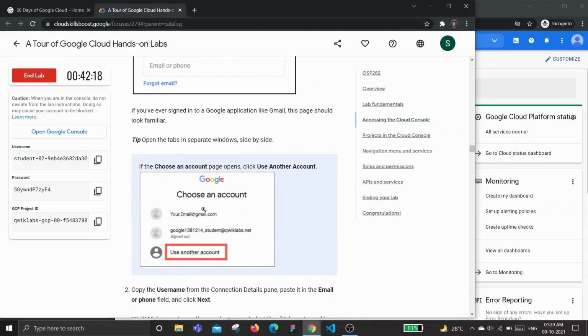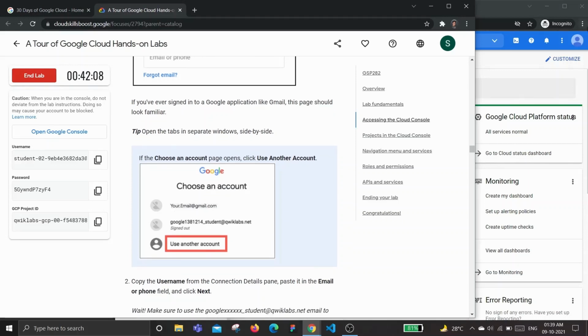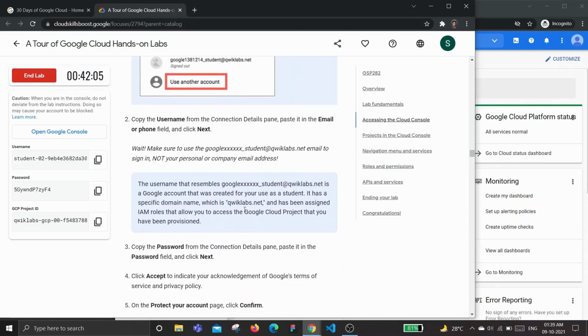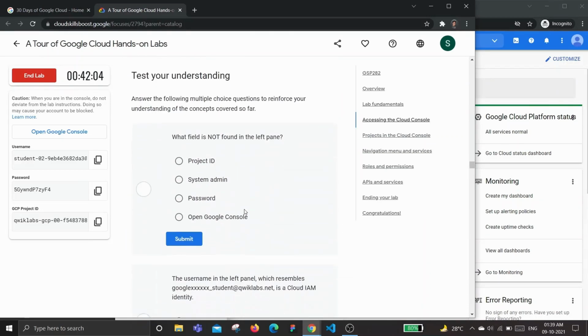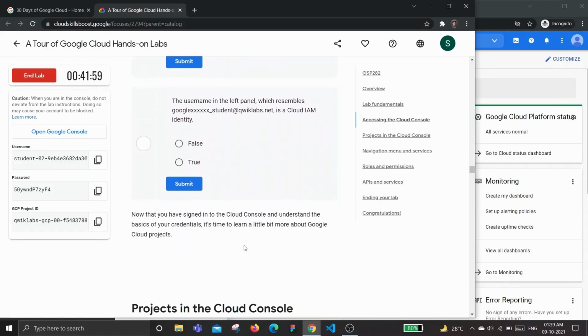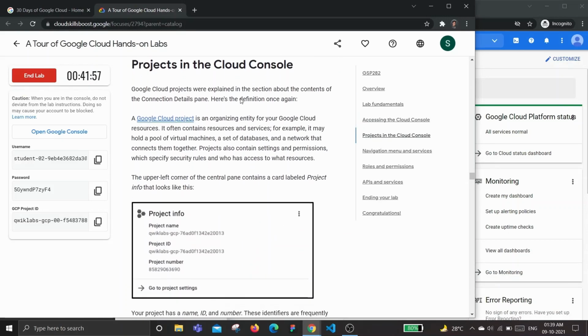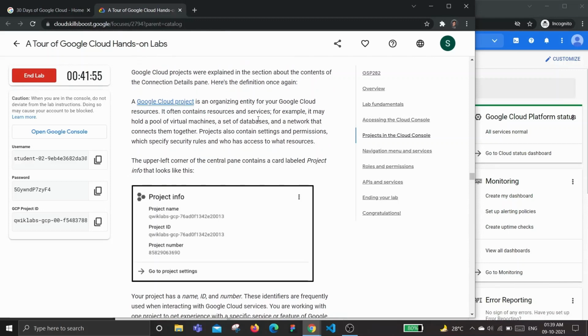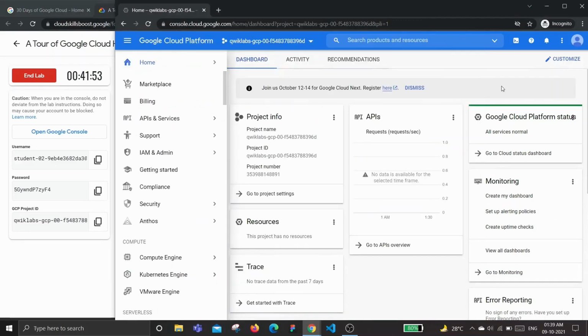In case you are already logged in with your personal account, you won't be charged for any resources you create by mistake in your personal account. To avoid that, always make sure to log in using an incognito window. You can attempt these tests, it's not mandatory actually.